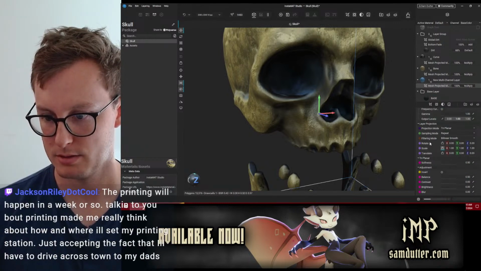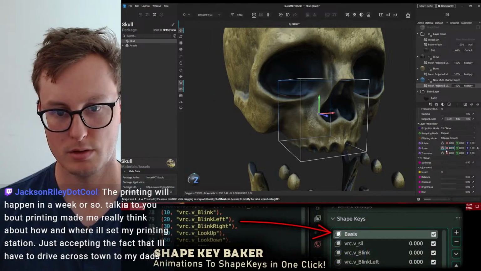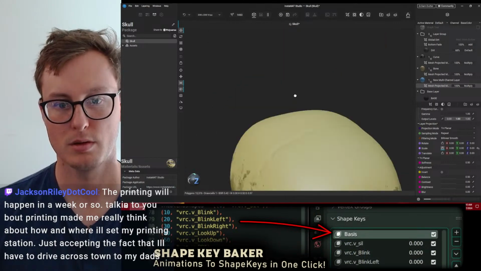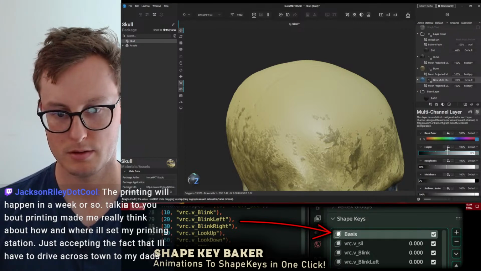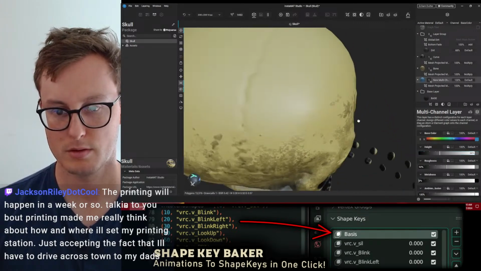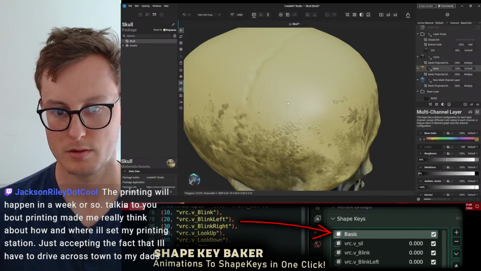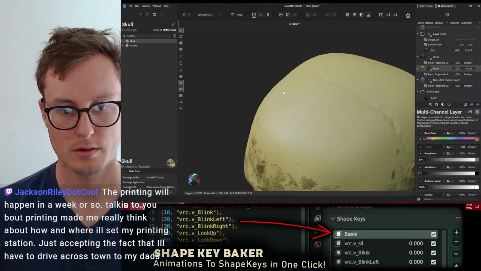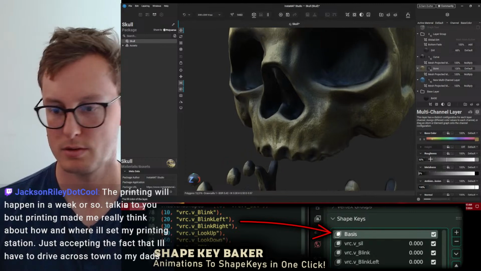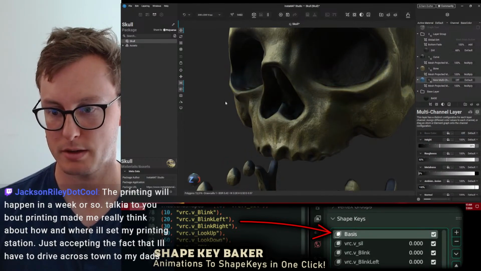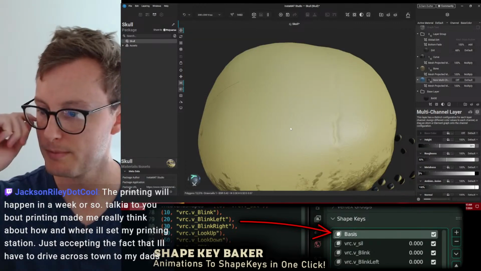Tile that. And most importantly, we'll give this height. This one, I don't want the base color. Just want that little bumpiness right there.